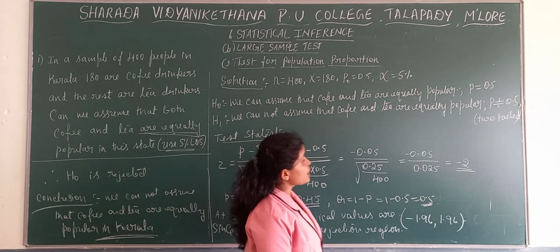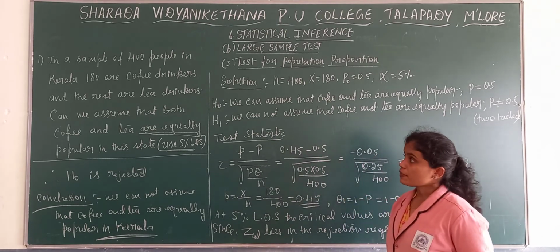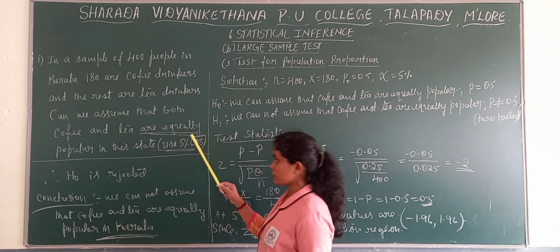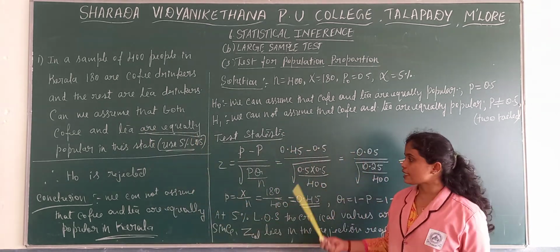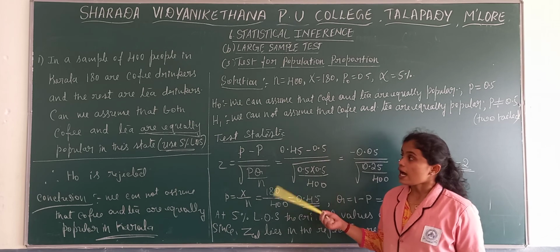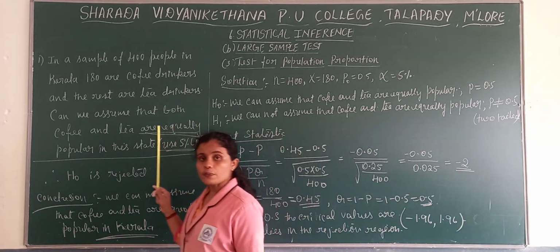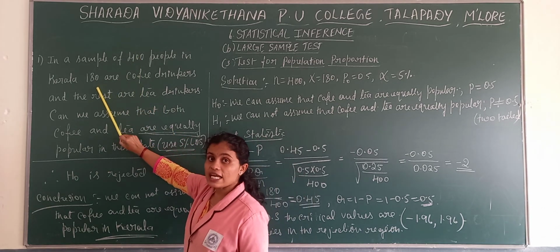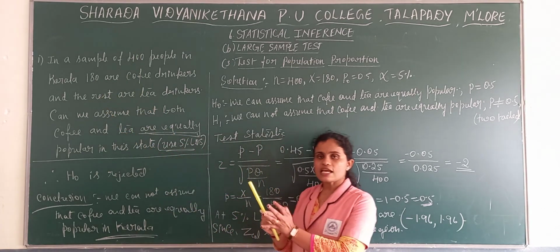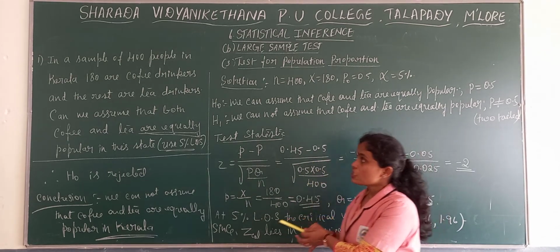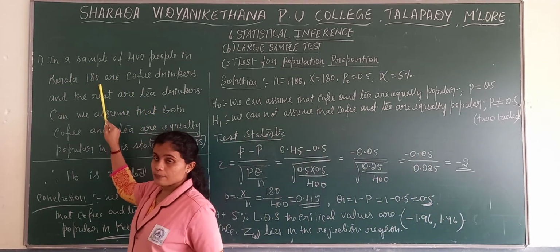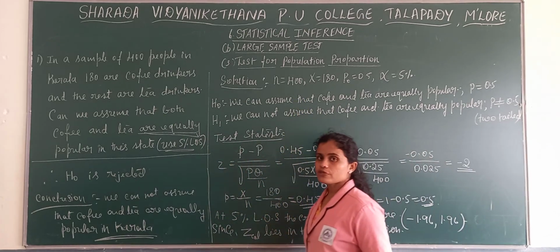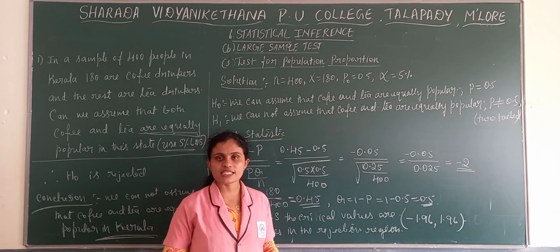So this is about test for population proportion. Here mainly you need to identify. See here, P and Q they have told that it is equal, so we have taken 0.5 and 0.5. In other problems, the proportion P will be mentioned, and firstly the sample, and along with that sample one more number will come. In that sample, this is that particular people, so that we need to take as X. Now, this is about test for population proportion. One problem we completed, and the remaining problems we'll see in the next video.